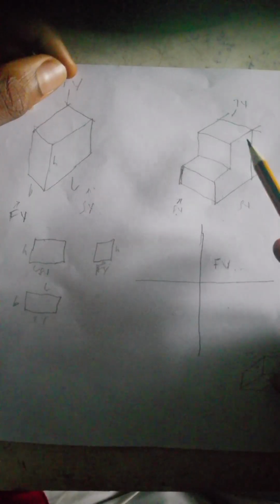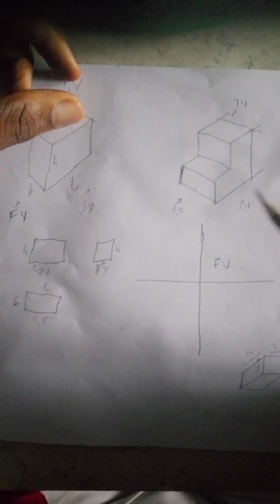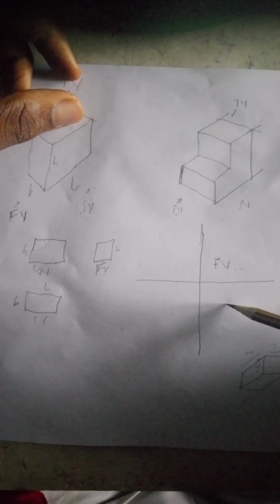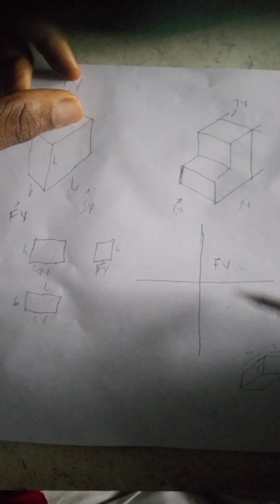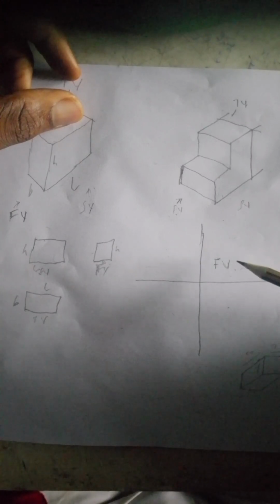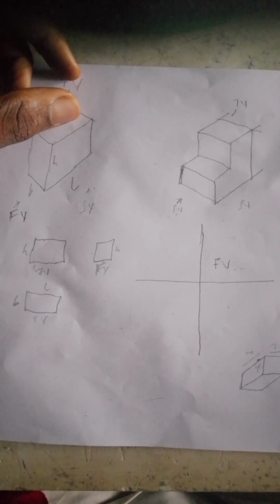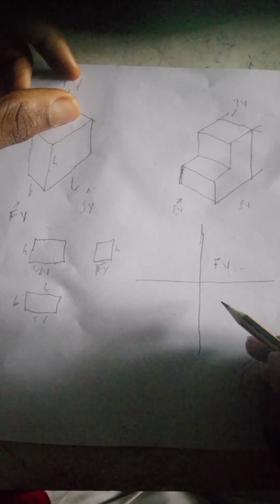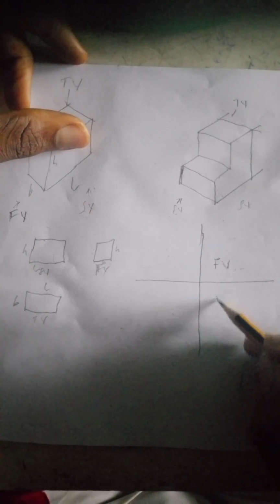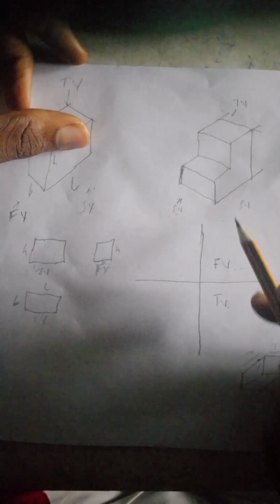So your top view, like I said, will always be below or above your front view. If your front view is below, your top view will be above. If your front view is above, your top view will be below. So that is how your top view always goes. So your top view will now be below here, and then your side view will be opposite of your front